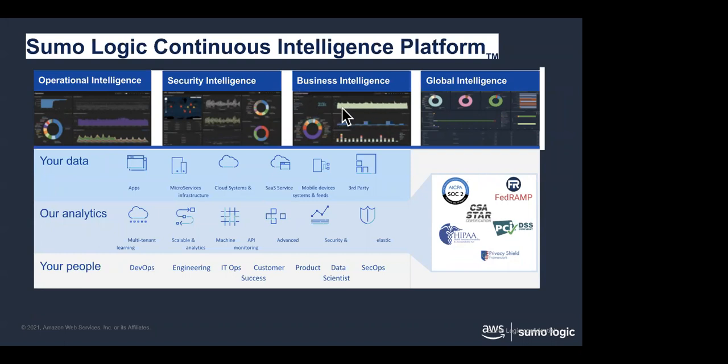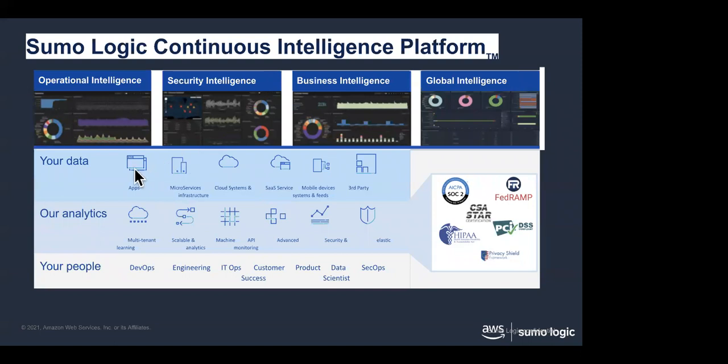From a business perspective, we can look at your various applications, your web servers, Zoom, and various other things, and say, gee, we ran a special promotion on something. Are we seeing that activity on our website? Are we seeing the volume of sales increase as a result of that promotion? And then we get over to global intelligence, and you'll see this in this presentation. With products like AWS GuardDuty, we can see, from a global perspective, the kinds of threats and security issues that companies or areas might be having. We can see that at a very high level, and we can make that available to you.